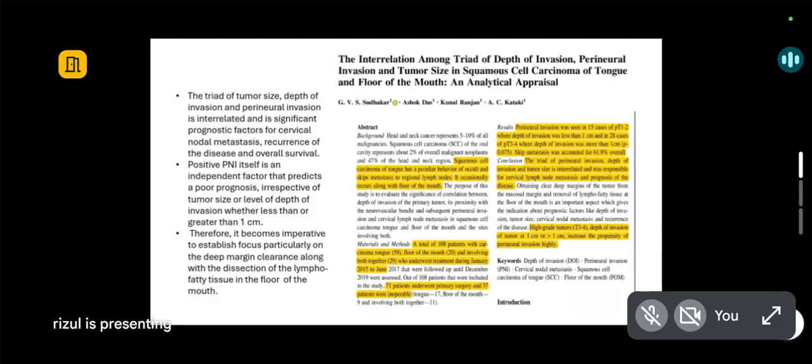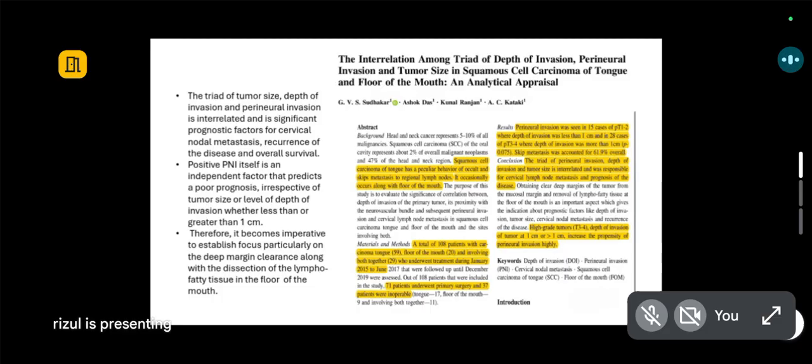So this was a study of SCC tongue in which a total of 108 patients were studied, with involvement of 59 patients having CA tongue, 20 patients having involvement of floor of mouth, and another 29 patients having involvement of both tongue and floor of mouth. Out of these, 71 underwent surgery, and the results showed that perineural invasion was seen in 15 cases in early